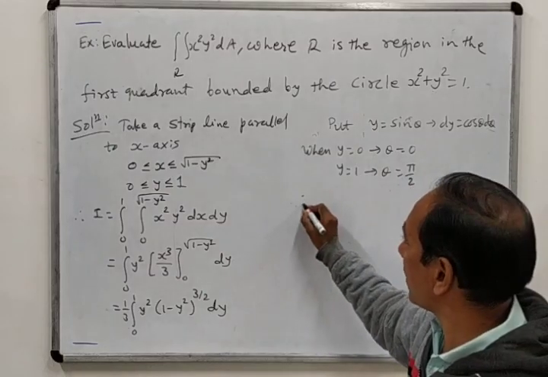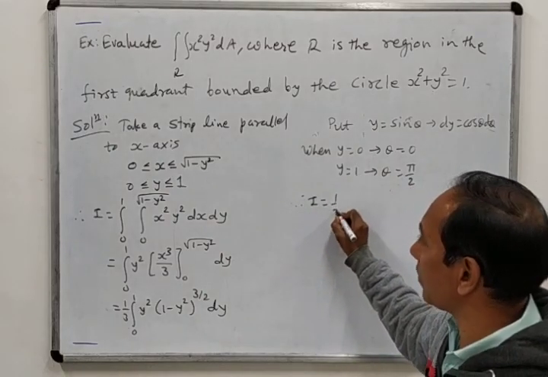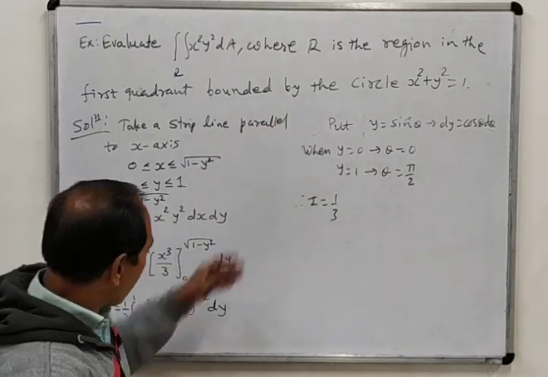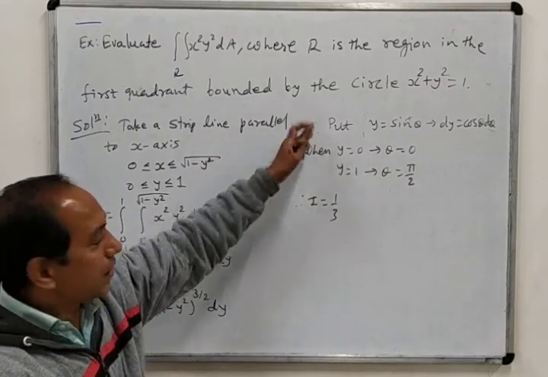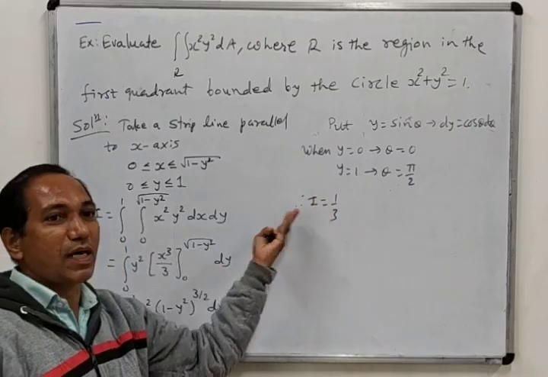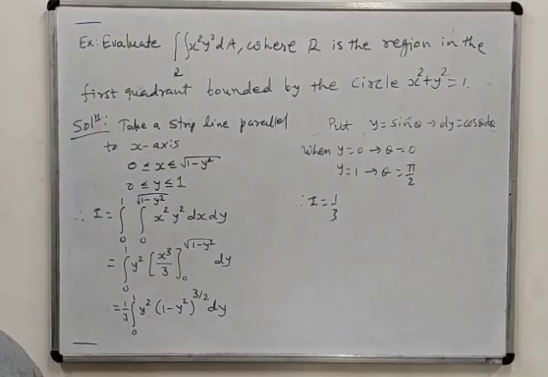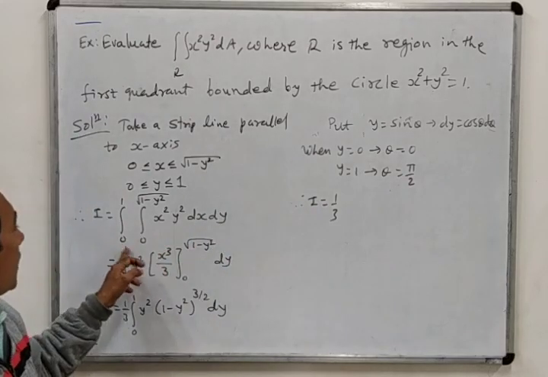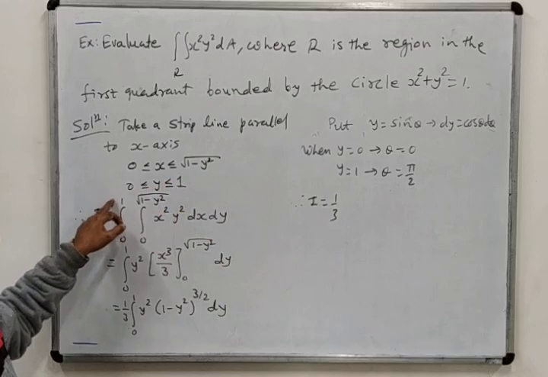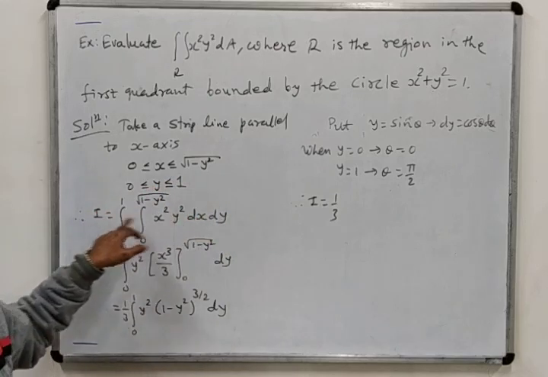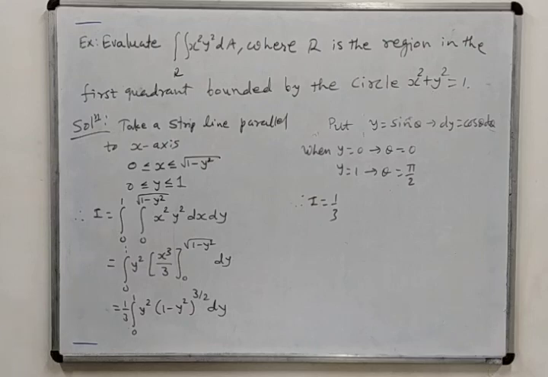And therefore our integration will become I equal to. Here I have denoted this by I, because when we have to break between two steps, we cannot start directly by writing equal, because equal must have something on the left side and on the right side. So whenever there is a break, we must start with the original term. But to avoid writing down the whole term, we can start directly by I.